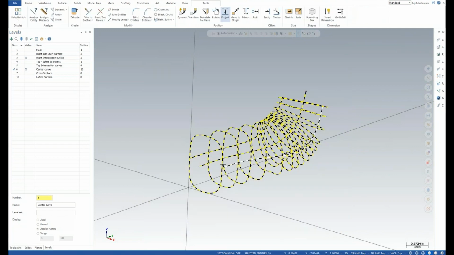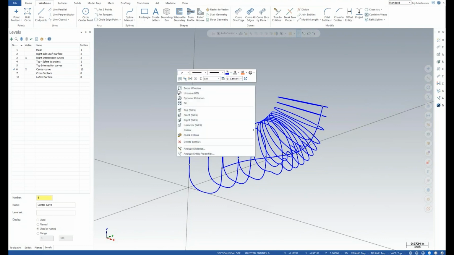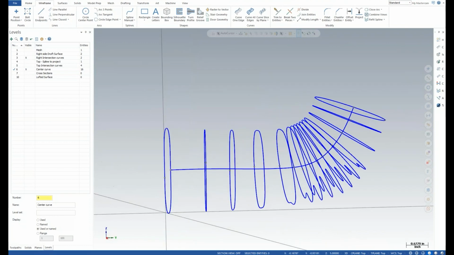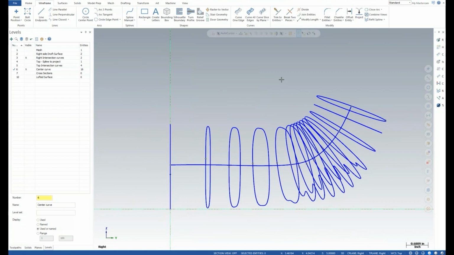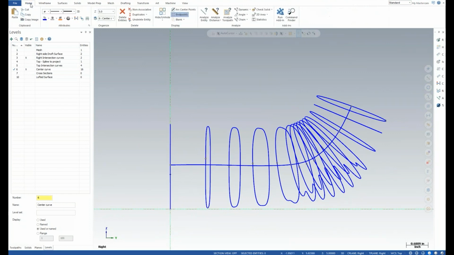We'll select everything, then unselect the center and that outside intersection curve, and then I'm going to Alt-E hide what we've got. I'm going to jump over into my right view. You can see I have my dots turned on here. On the home page, I've got endpoints turned on, showing me where those splines are starting and ending, and I want to get all of that organized along this right intersection curve.